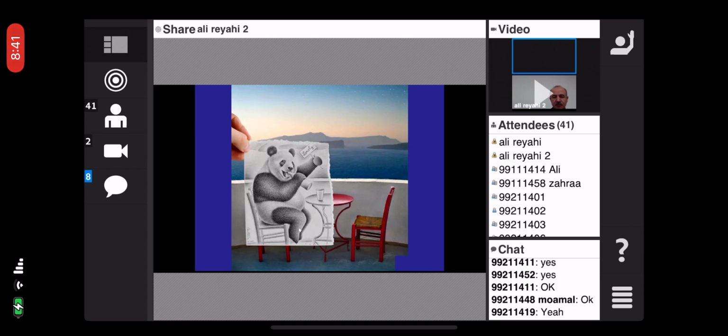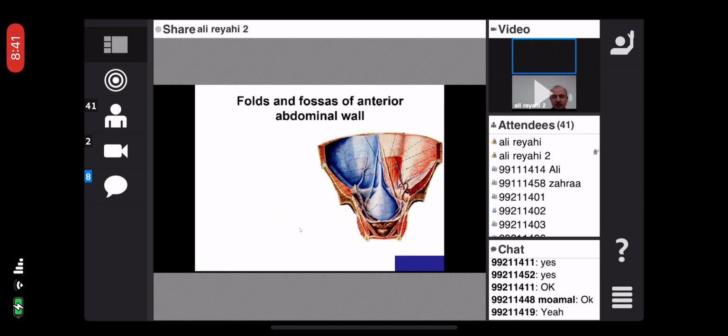You can see here. Okay, the features of the anterior and lateral abdominal wall are finished, and we can see some features of the